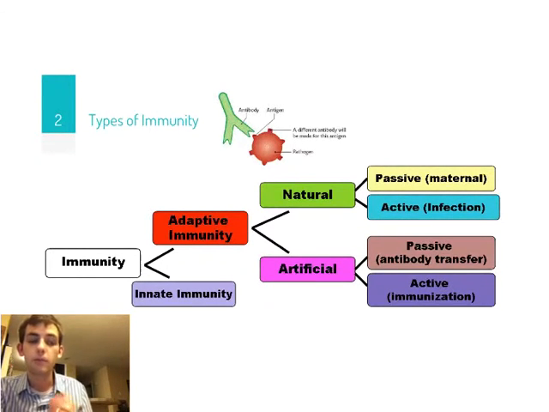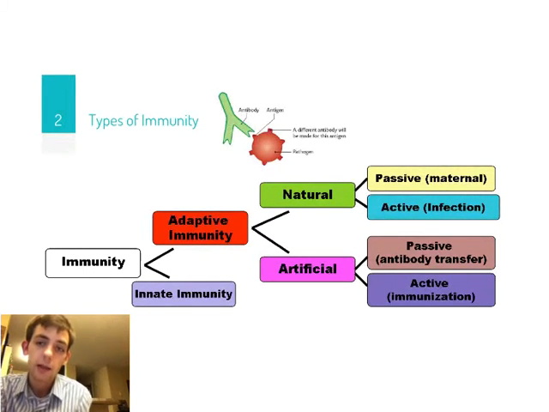The female, through the umbilical cord, is actually passing down antibodies. An example naturally that is active is when individuals are making their own antibodies as a result of a prior